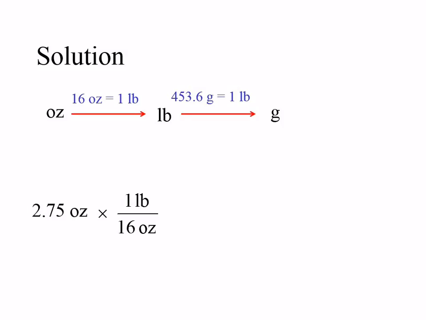Cool. Well, ounces have canceled. I'm left with units of pounds. Now I want to go from pounds to grams, so I'm on that second leg there. So how can I use this equivalency statement to get my pounds to cancel? Put it on the bottom. Yep, put 1 pound on the bottom and 453.6 grams on top. So would you just times it on what you just already have? Okay, yeah, I just didn't know if we needed